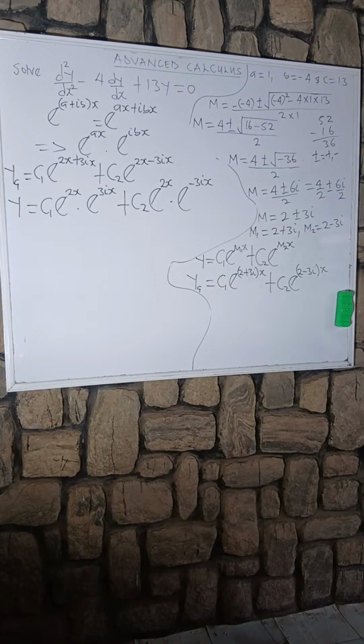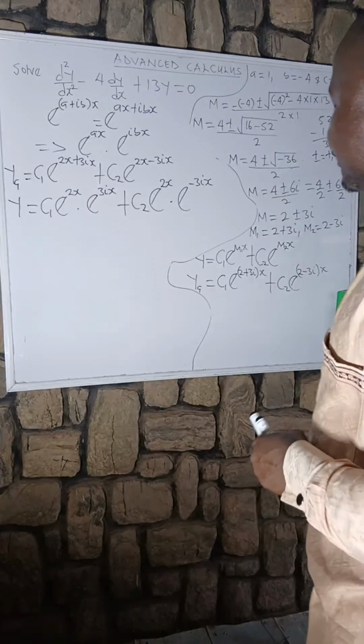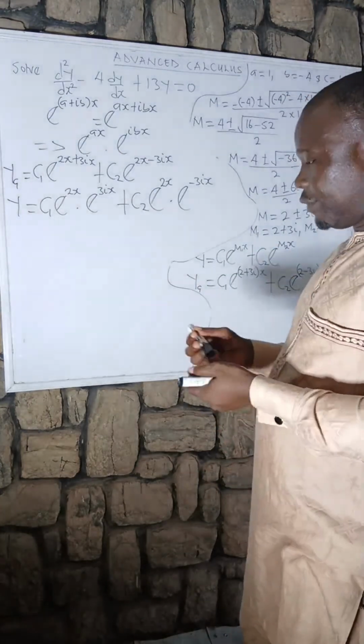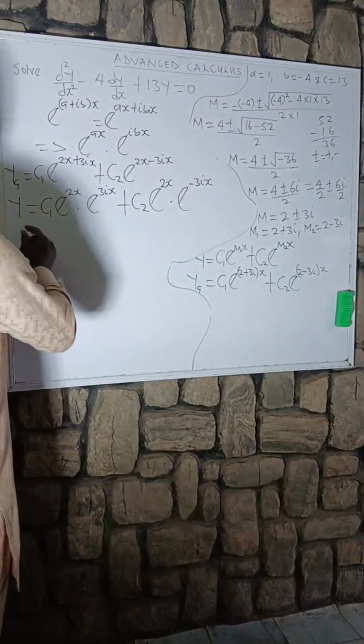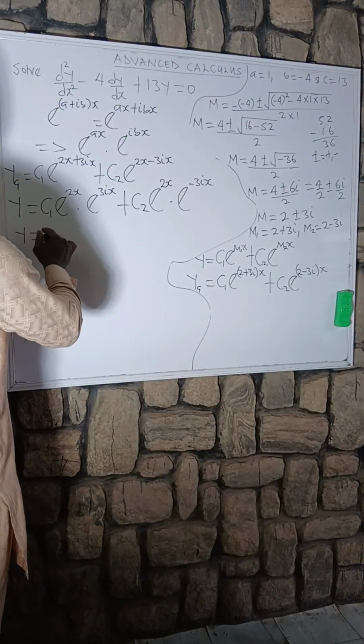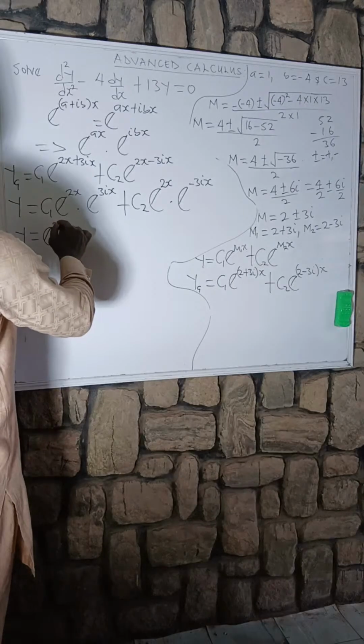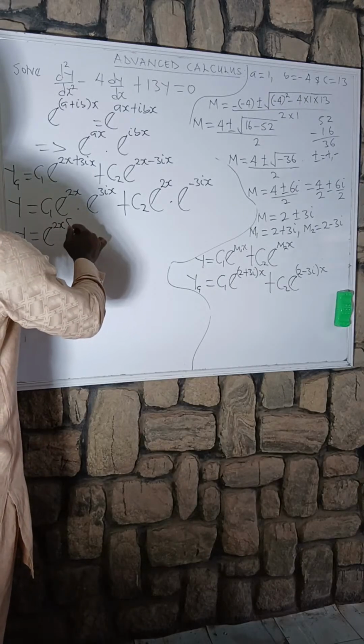So we have to factor it out to be y equals exponential 2x, open bracket,